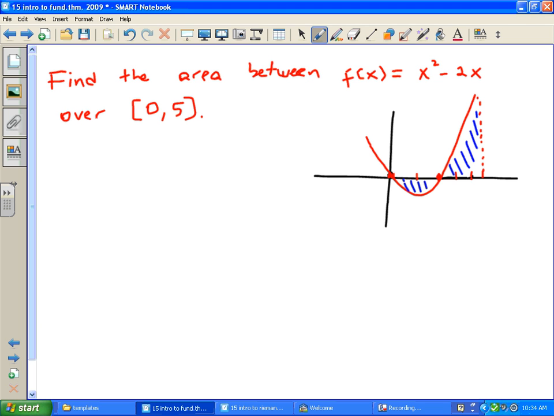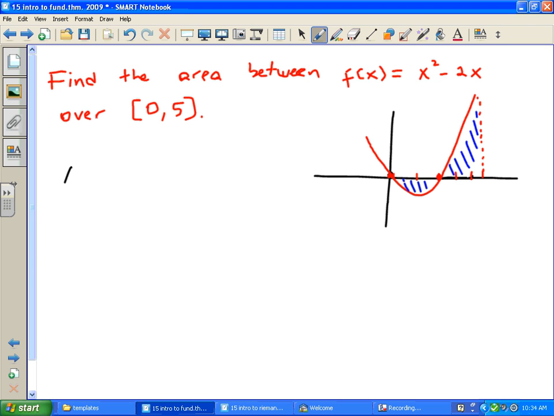Okay, how will we set it up? Can I go in one shot and integrate from 0 to 5? No, that will give you the wrong answer, because you have some negative area there that would take away some of the area from the other one. You would not be getting the correct area. So the way to set this up is,